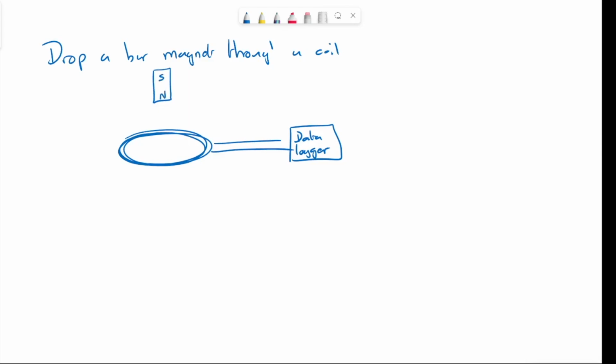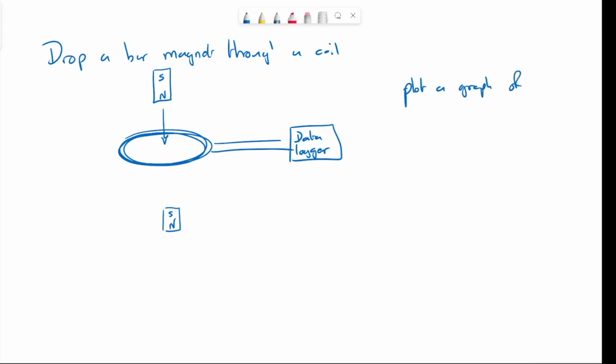Poles here really are irrelevant. The bar magnet is dropped through the coil such that it goes through the coil and out on the other side of the coil. What I'd like you to do is to plot a graph